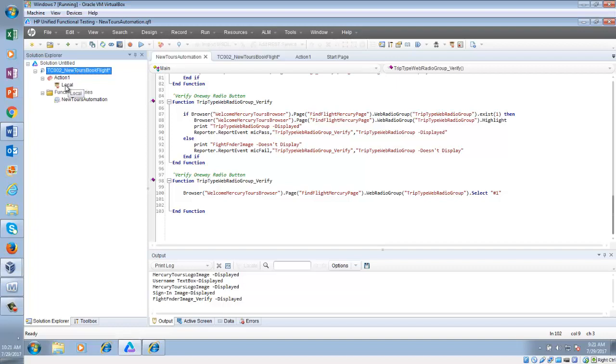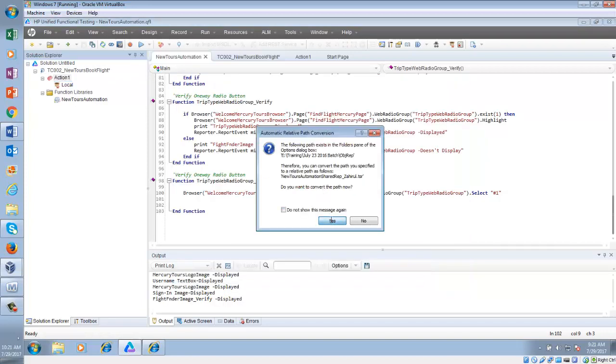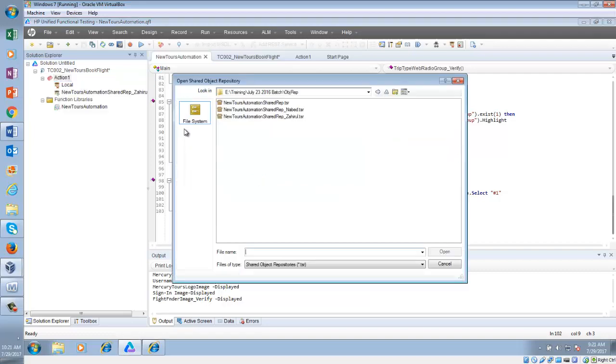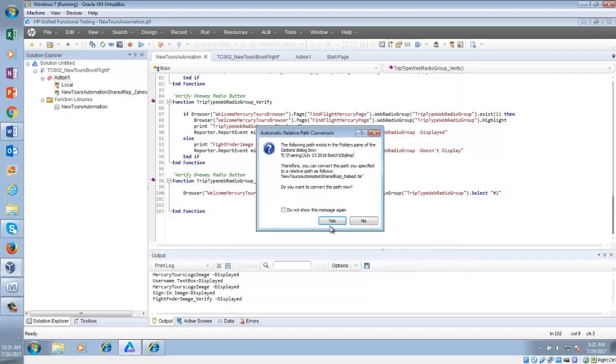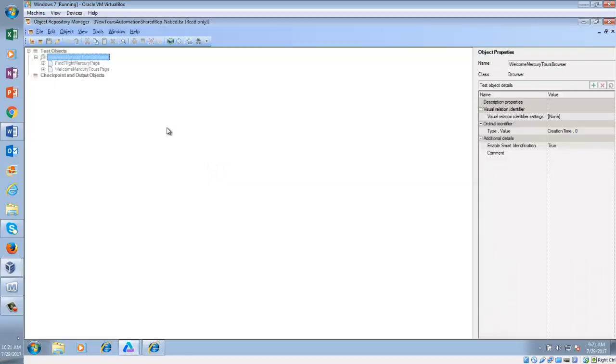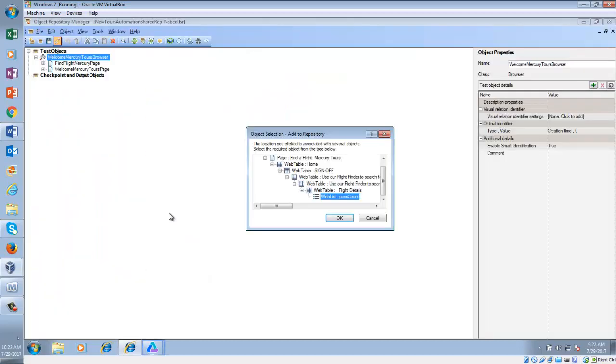Actually, let me keep my object repository, and let's say I am Naved. I am going to associate his repository, and add that particular object over here. First I'll have to go to edit mode and then plus. What is that object? Passengers type radio button.